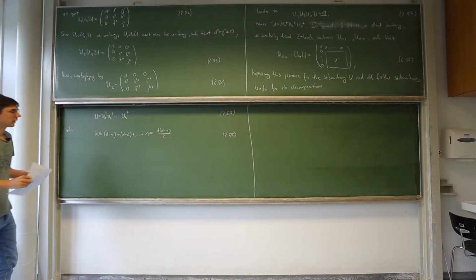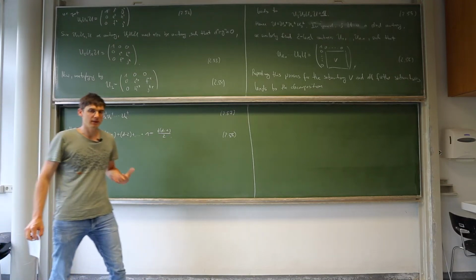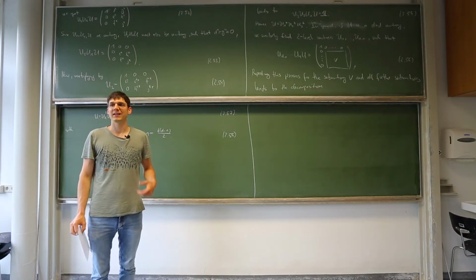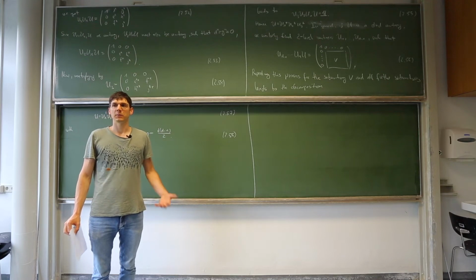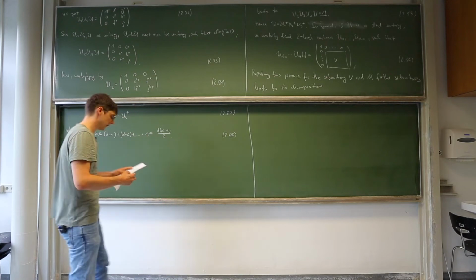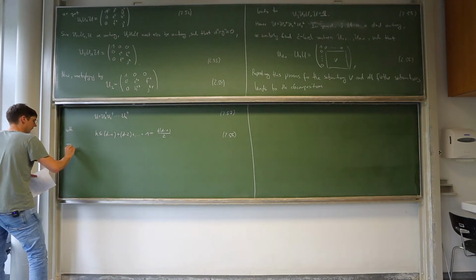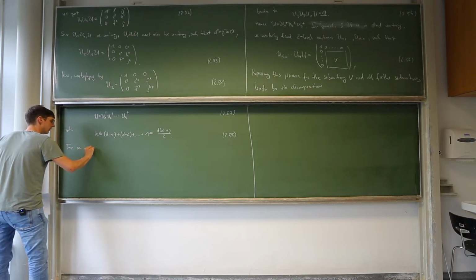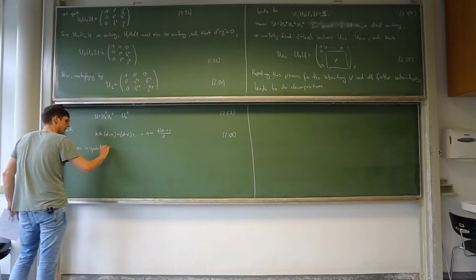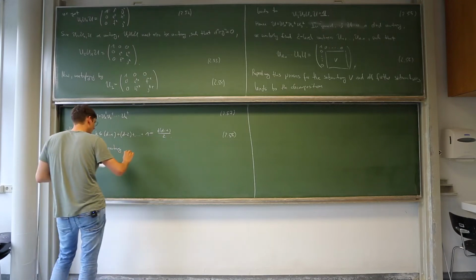And now, recall that we considered a general d by d unitary, right? If we now have n qubits, then the dimension d is 2 to the power of n. Okay? So for an n-qubit unitary, we have